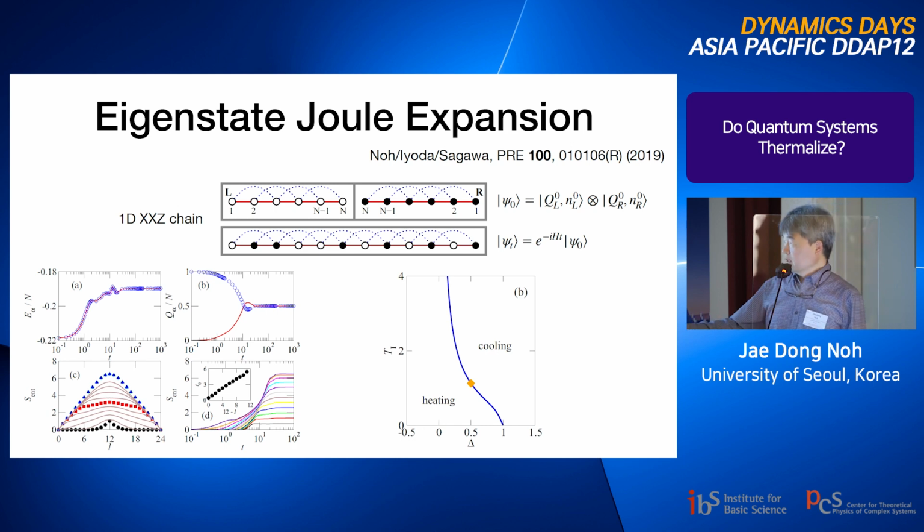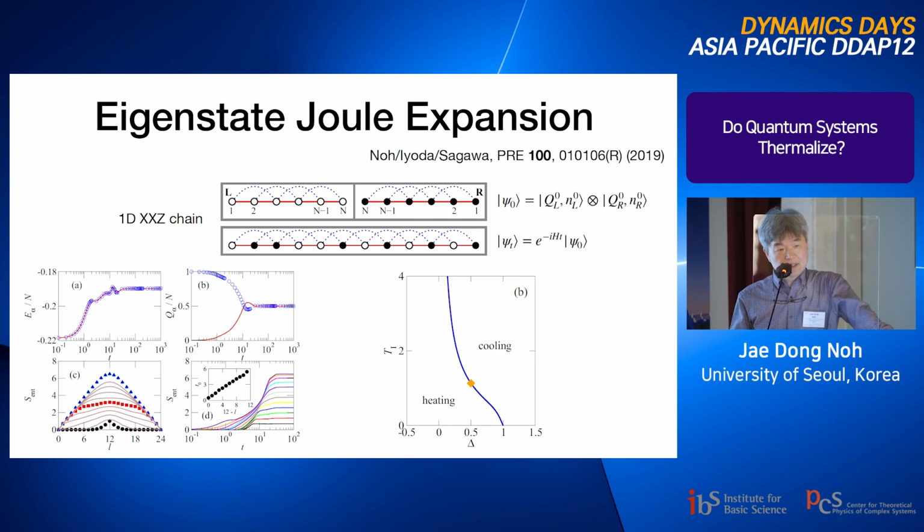And this is the time evolution of the particle density: the blue curve for the right compartment and the red line for the left compartment. Initially fully occupied and empty, and then they approach the equilibrium state here. So the energy also relaxes to the equilibrium state. And then what we found is that